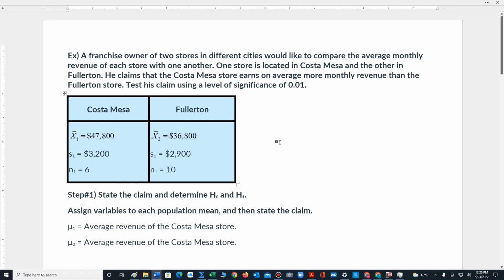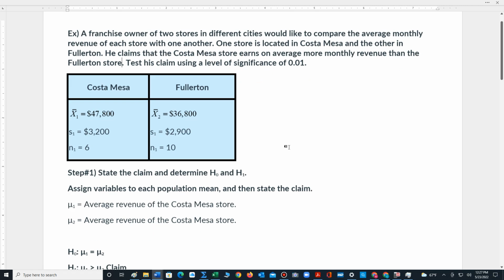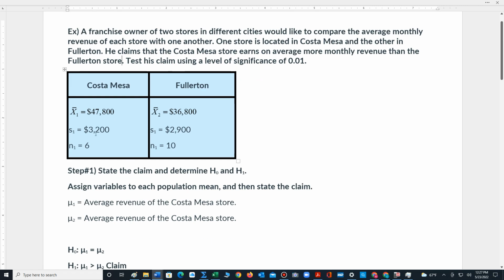Test a claim using a level of significance, also known as alpha, of 0.01. The data has been summarized. He collected 6 monthly revenues, found that the average was $47,800. The sample standard deviation was $3,200. That's for the Costa Mesa store. For the Fullerton store, a sample of 10 monthly revenues were collected. The average of the 10 monthly revenues, $36,800. Sample standard deviation,